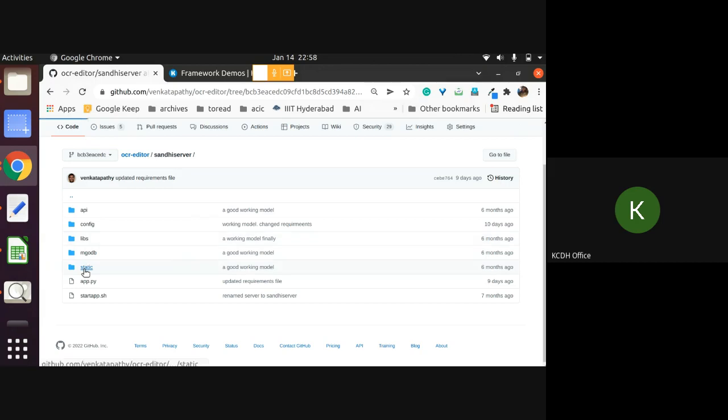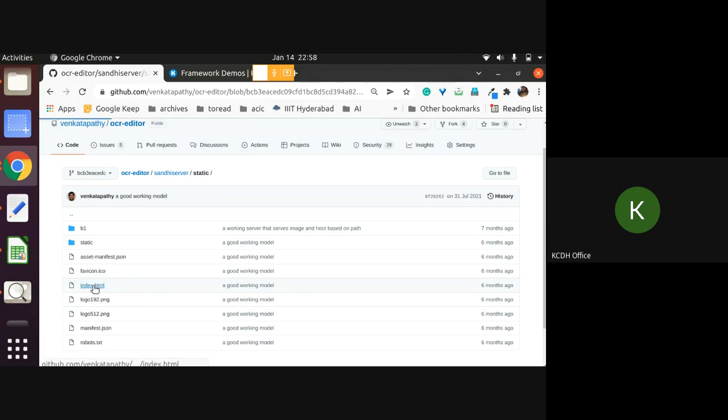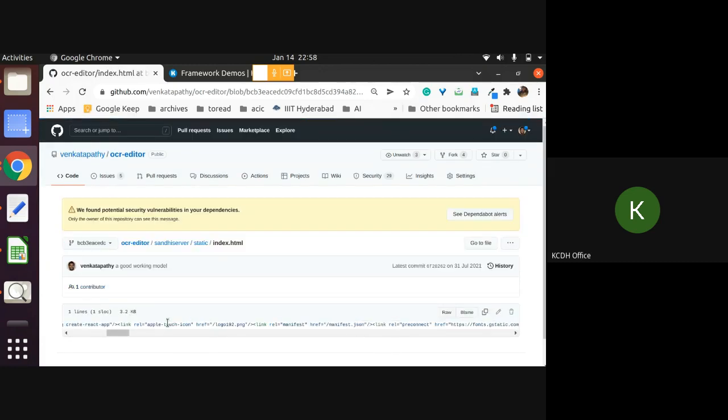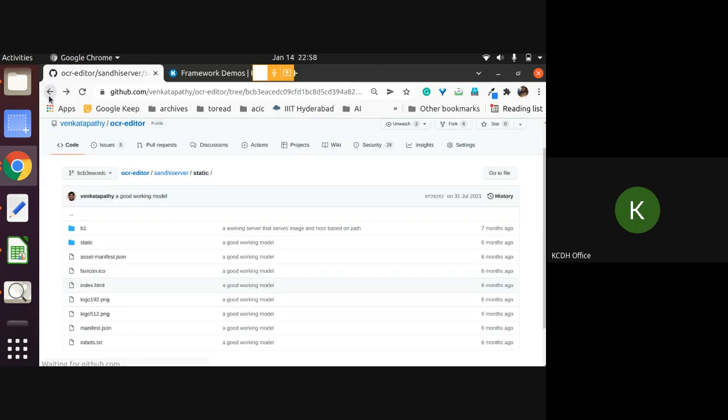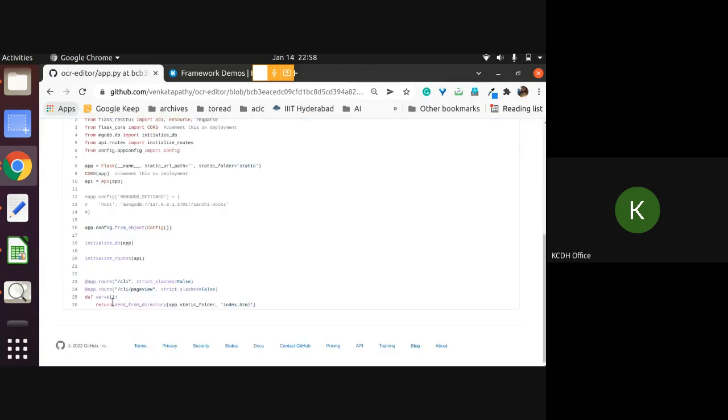So if you go to static and index, what this index has is whatever we create in the front end, compiled. I think I told you this even last time. Whatever we are doing in the front end will be compiled into one single HTML page and pasted here. So ultimately only the server will run and you can access that. Okay, so that's what the app does. So whenever you serve and you go to these two paths from the root path, it will try to access the client.